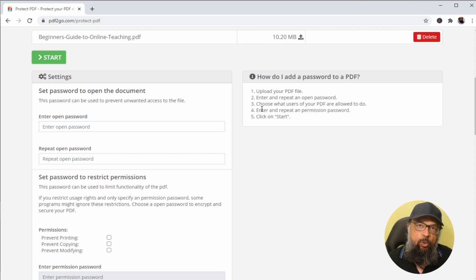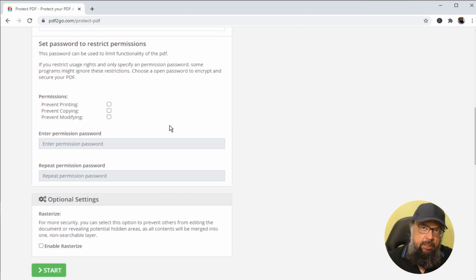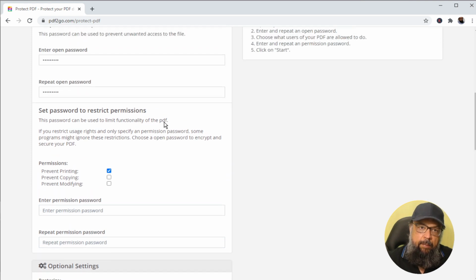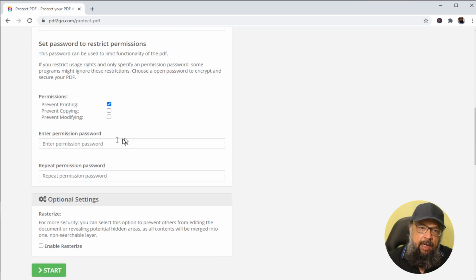is the process of protecting a PDF file, and now you have to enter a password, and make sure that you note this password somewhere, otherwise it will be hard to break. And then you can set the permissions. For example, I want to prevent printing. So if somebody has this password, let's call it password number 1, and there is another password for permissions. So let us call this password number 2, and this must be different.